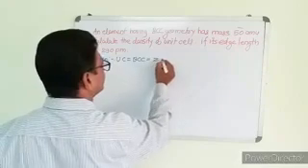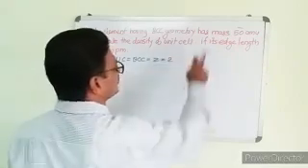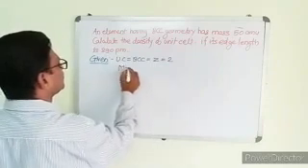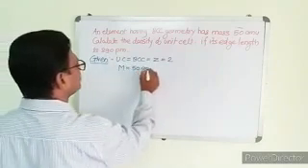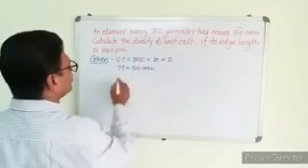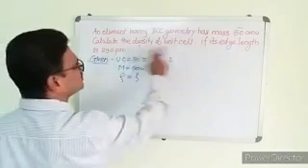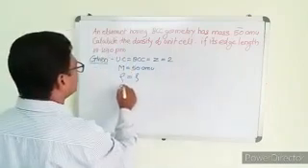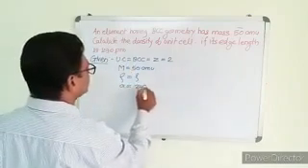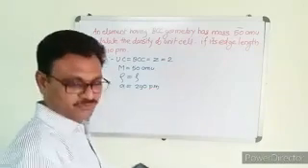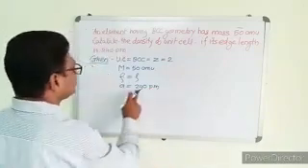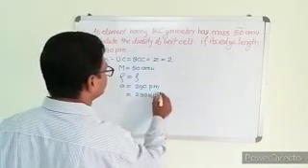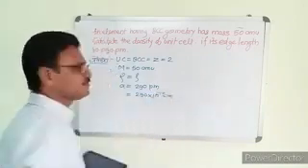Therefore, the number of atoms is equal to 2. It has the mass, that mass is 50 u. Mass is given. We have to calculate the density, that is rho. And the edge length is given, that is A, which is 290 picometer. So first we need to convert this 290 picometer into 290 into 10 to the power minus 10 centimeter.